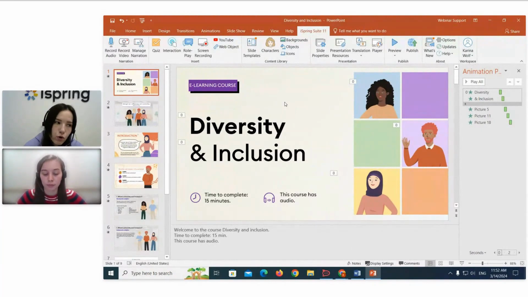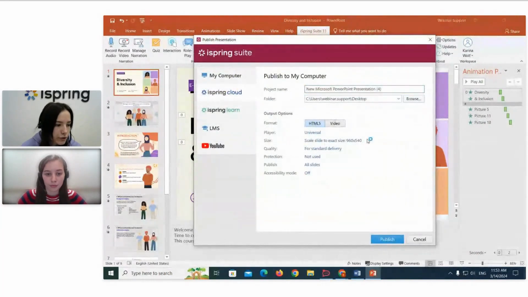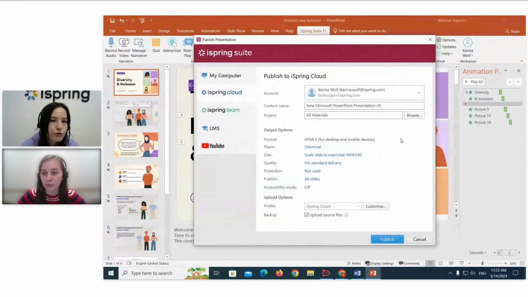Yes. So if you want your colleagues to just be able to preview the project, if they don't have iSpring Suite installed on their computer, but you really want them to maybe make some comments on the project or something like that, if you have the iSpring Suite Max subscription, you can upload it directly to your iSpring Cloud account. So if you go to Publish, and then go to iSpring Cloud, here, if you publish it to iSpring Cloud, there is a way to create a shared link